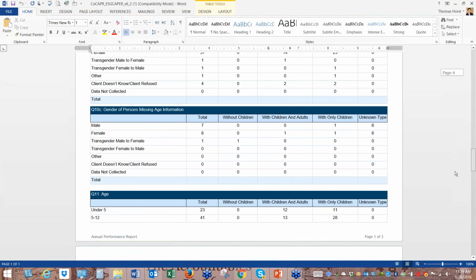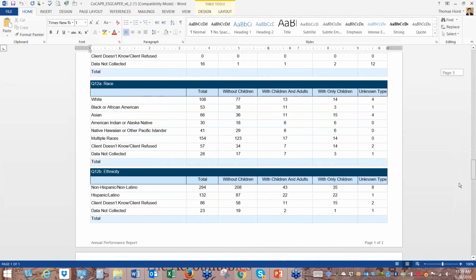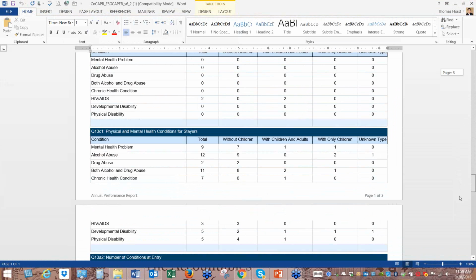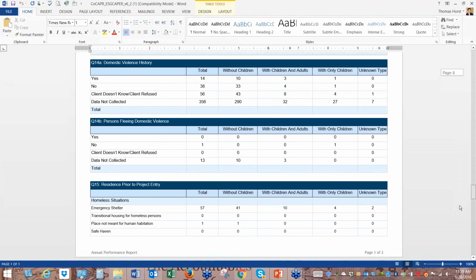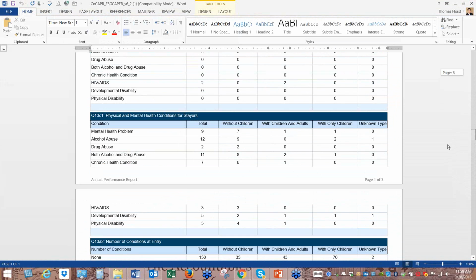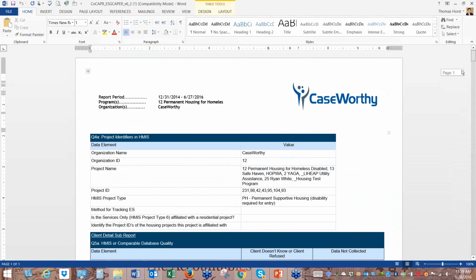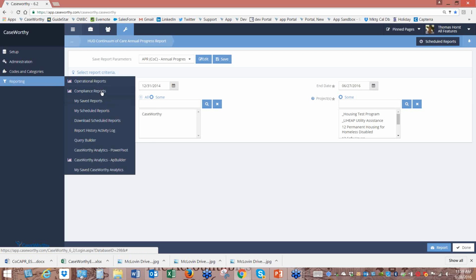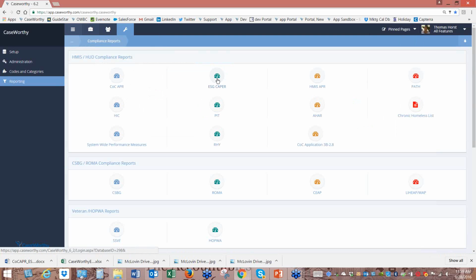So this is literally how easy it is to produce this report in a different format, for a meeting, whatever you're doing. For me, it's just easier to read this way, and this is what I like. But as you can see here, not only did the report run within seconds, but it's in the exact format that HUD is requiring. So that is actually the APR report, and we also do that with the ESG CAPER report,